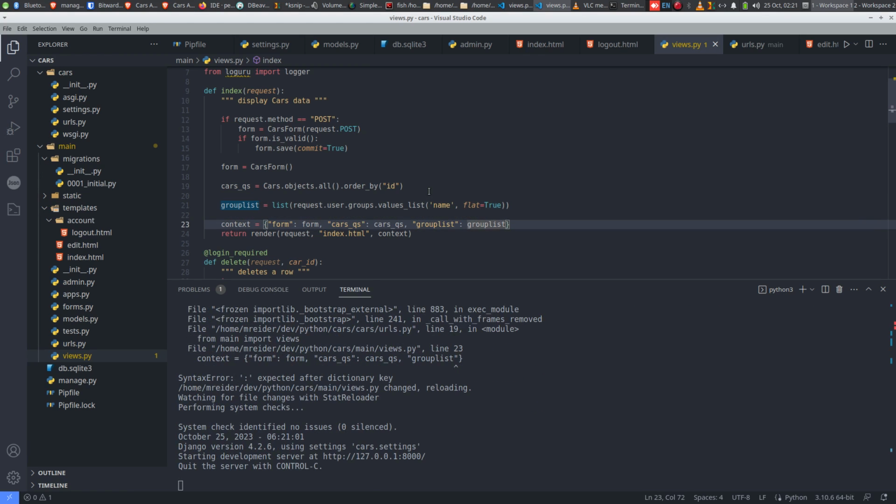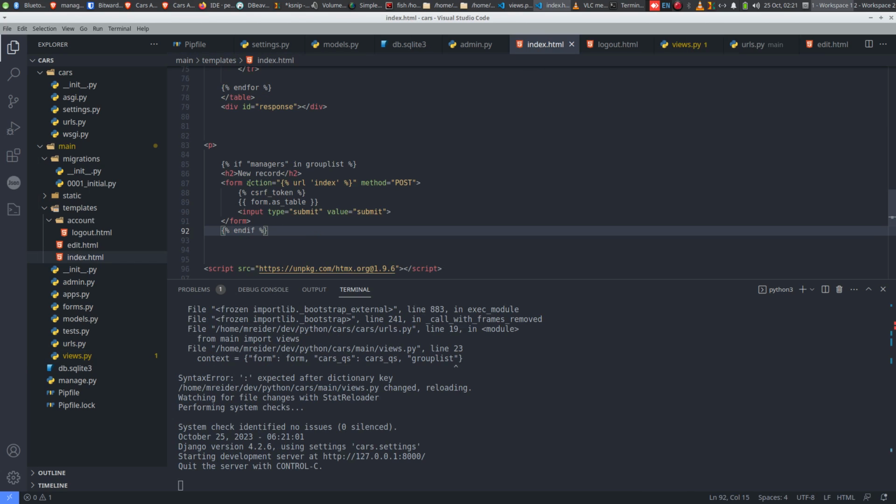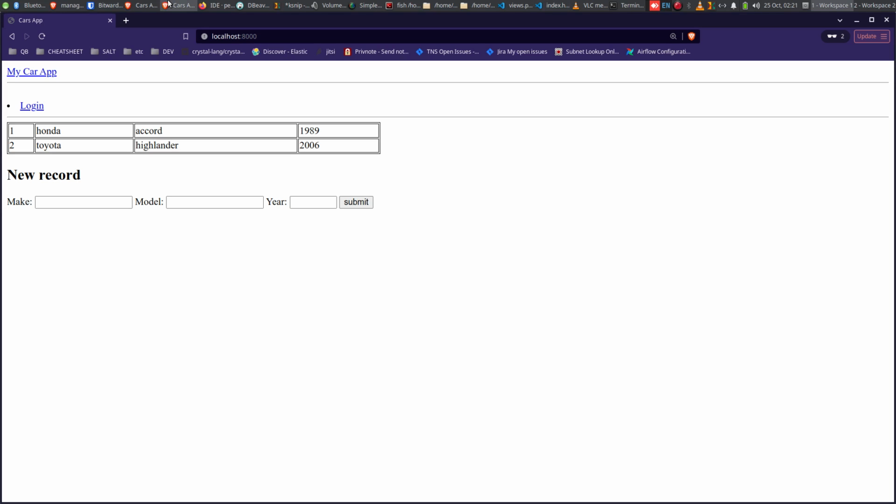Okay, so now this thing is getting its group list as well, right? So under index, if managers is in group list, show this whole new record section, right? So if I go back to my incognito window, refresh that, it's gone, right? So this is what we want, read only completely. Hey, I'm not logged in, right? Now if I log in,